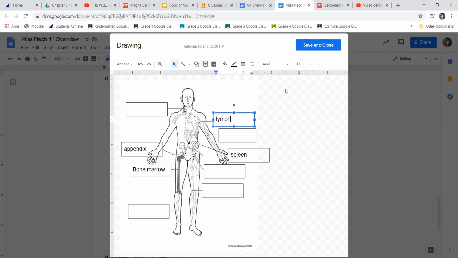I'm not sure if you've ever been sick, let's say you've had a sore throat, and you've gone to the doctor and they've felt along your neck to see if your lymph nodes are swollen or not. And if they are, it's a sign of infection. And so within your lymph nodes, we have